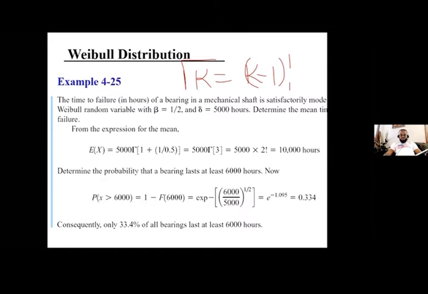I think part of life is we don't want a situation where things are going to fail suddenly. We actually want to know ahead of time. That is the essence of this. But before we can know ahead of time, we actually need a probability density function that captures that reality, that captures the time to failure. And right now, we are assuming the Weibull distribution captures the time to failure.